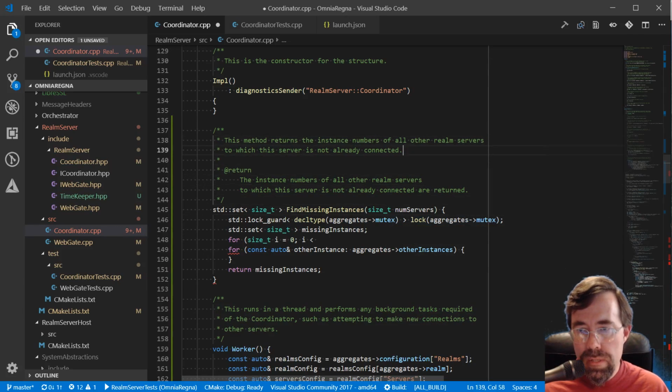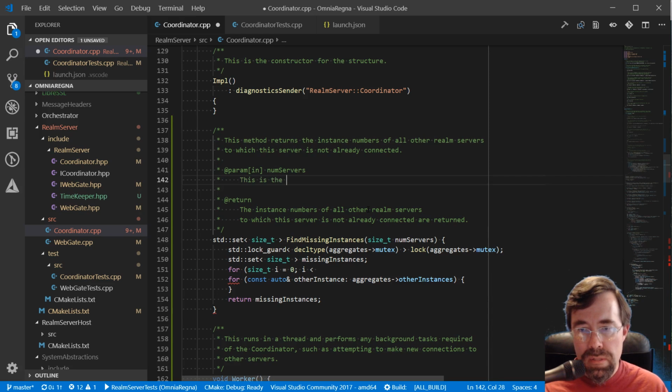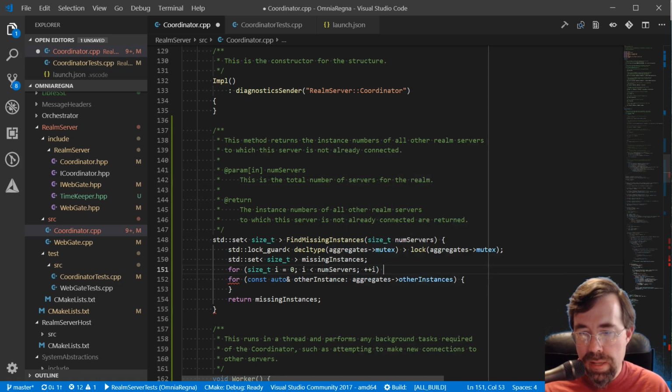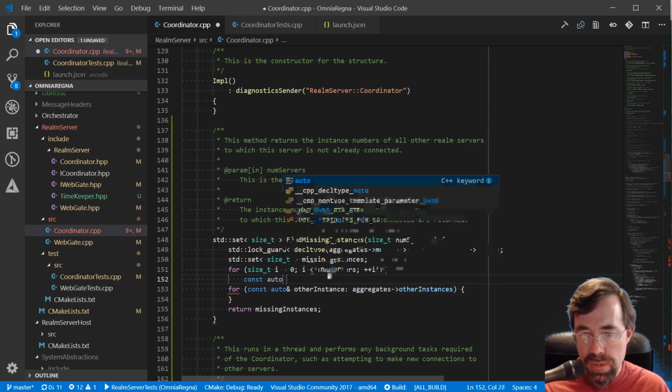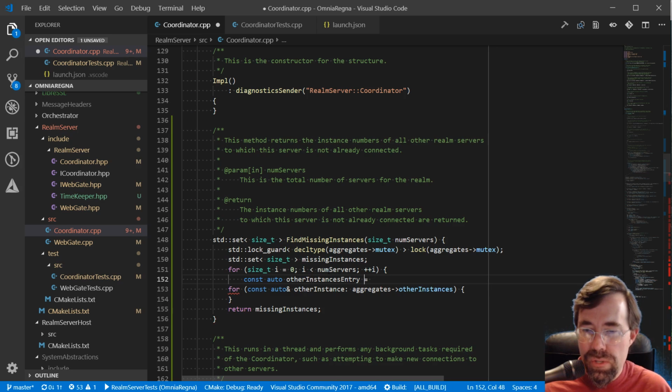You just need to say what it is here. This is the total number of servers for the realm. Okay. Num servers plus I. So we're going to do a search. Const auto other instance. And instance is entry. I like to use entry for iterators. Actually, I also like to shorten things. So how about we do it? Actually, we're not even going to need to give it a name. We just say if